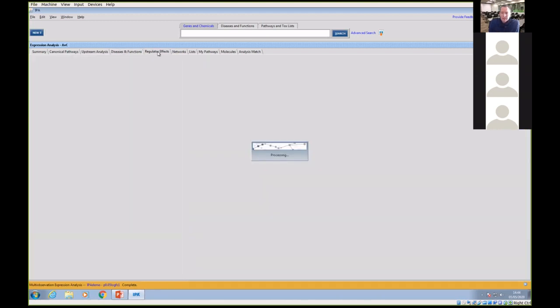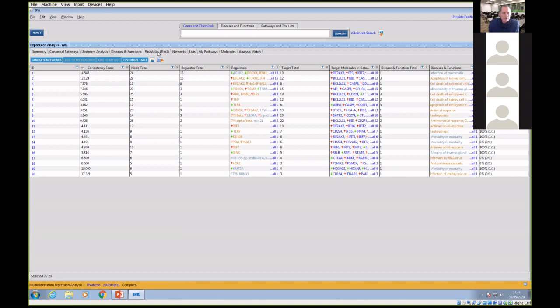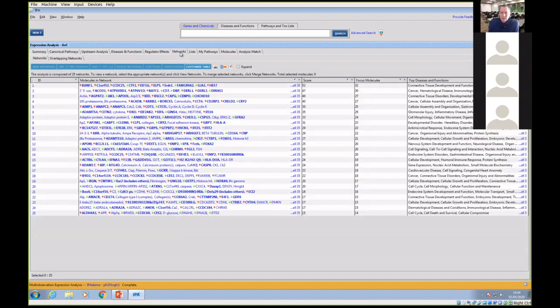Okay, we've got regulator effects here. I don't know too much about that, so I'm just going to leave that alone for now. What I want to do is give you the networks. Networks work on a different principle. So if you imagine